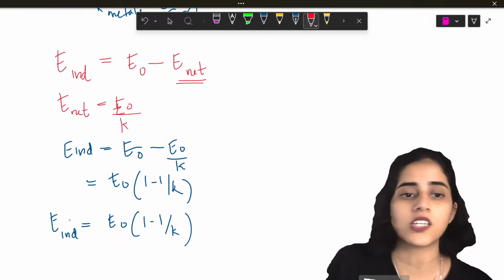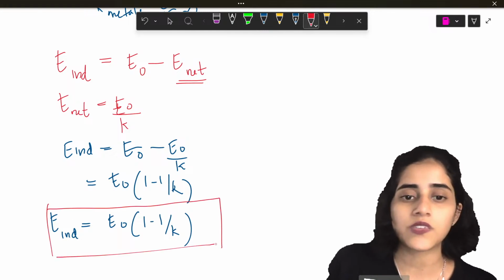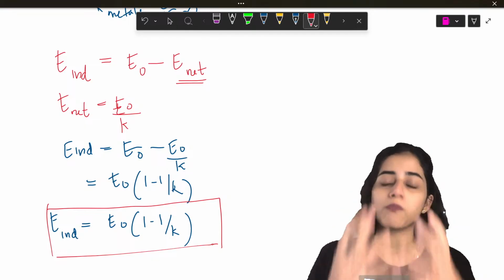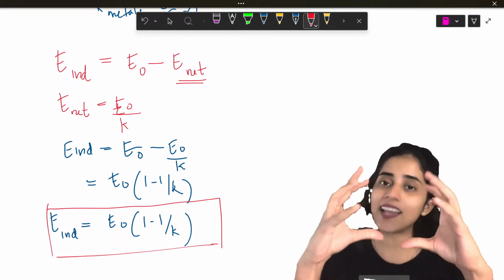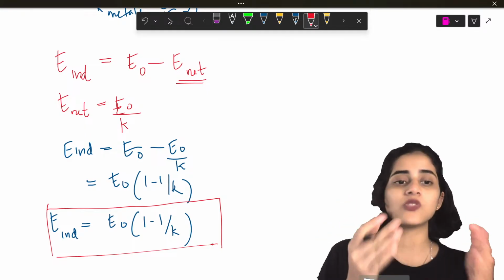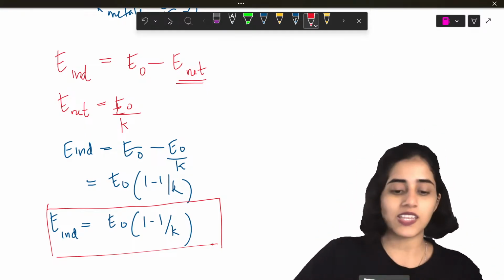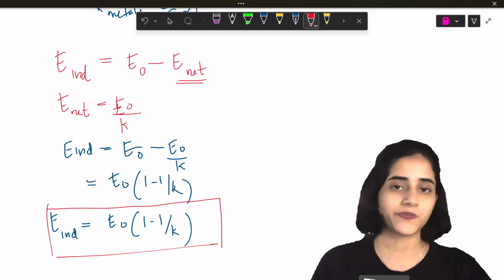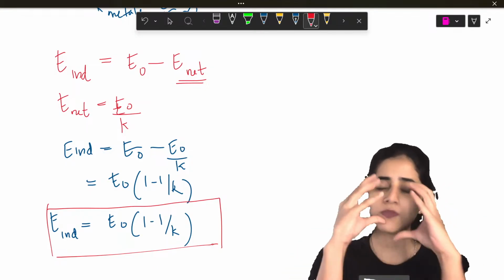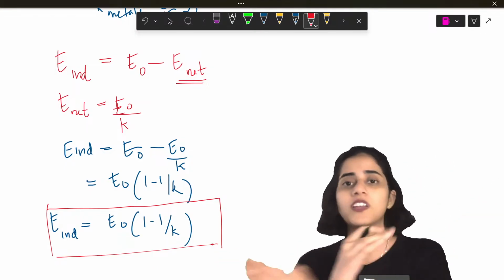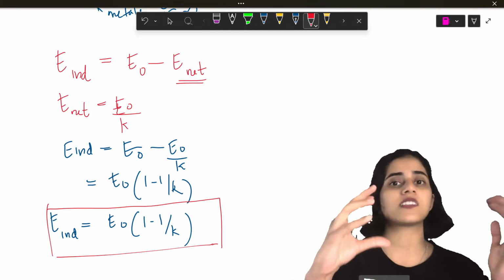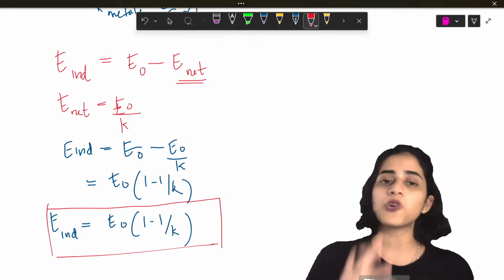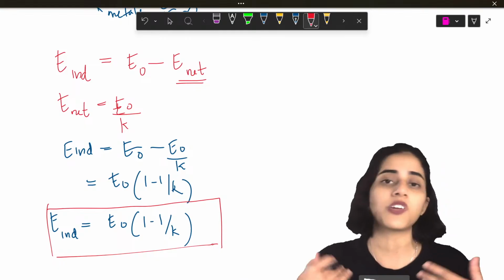Now imagine the question is, the external electric field is given to you, and the dielectric constant K is given. Identify how much electric field the dielectric material induces. In that case, you can just use this formula: E induced is equal to E naught into 1 minus 1 by K. So it depends on the material. Imagine there's a block of wood with an electric field of some 10 passing through it, and let's say the constant is 5. You can find out E induced by simply substituting E naught and K. If you have E induced and E external, then you can find out the net electric field.